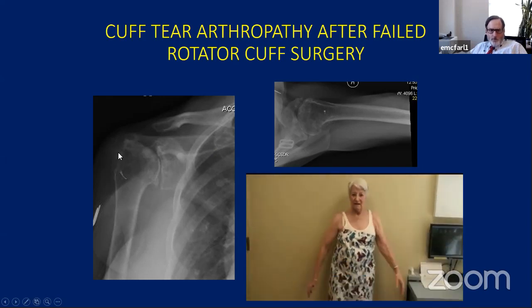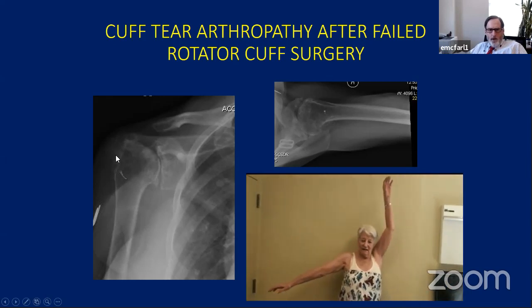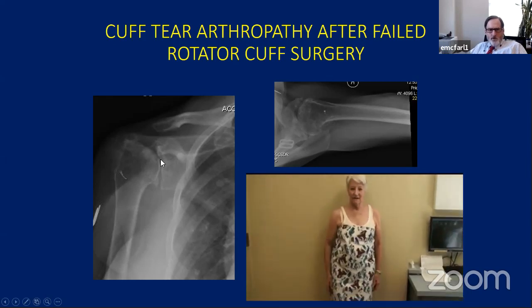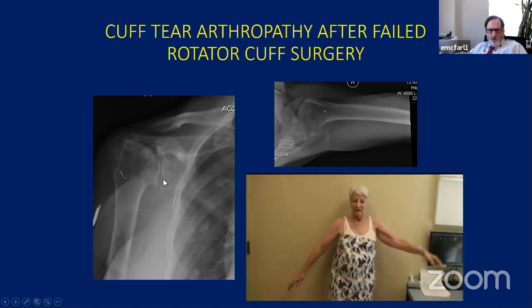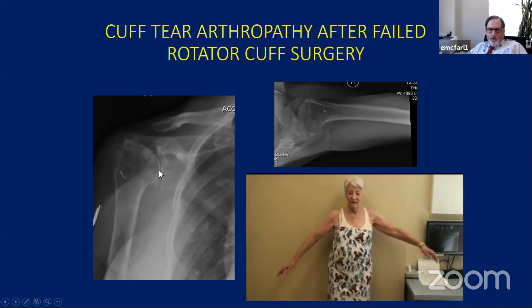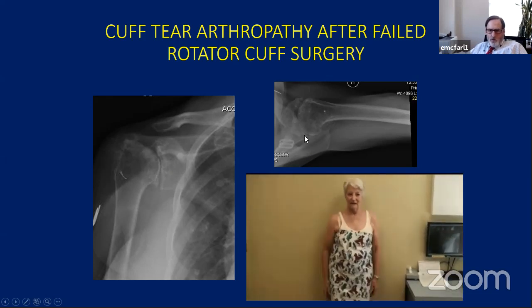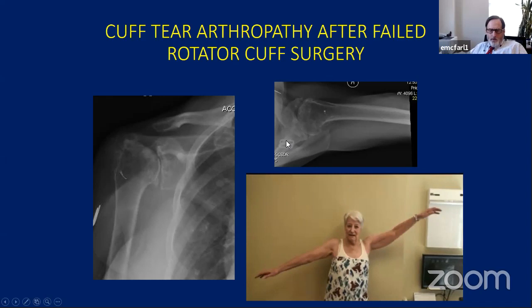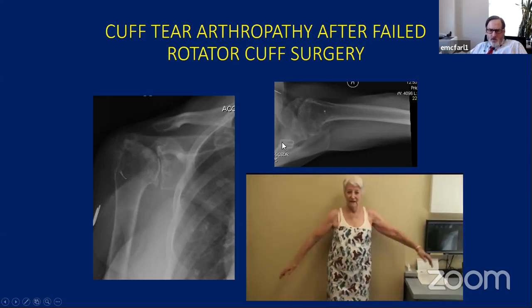This is a patient who had a failed rotator cuff repair, and you can see that over part of this is from her surgery, but she's just gradually over time worn her greater tuberosity away. Again, you can see she's superiorly subluxed, so you get this sort of double image in the glenoid. And here's her axillary. Again, she has pretty good glenoid bone, but if you're in doubt or have any questions, you get a CT scan.